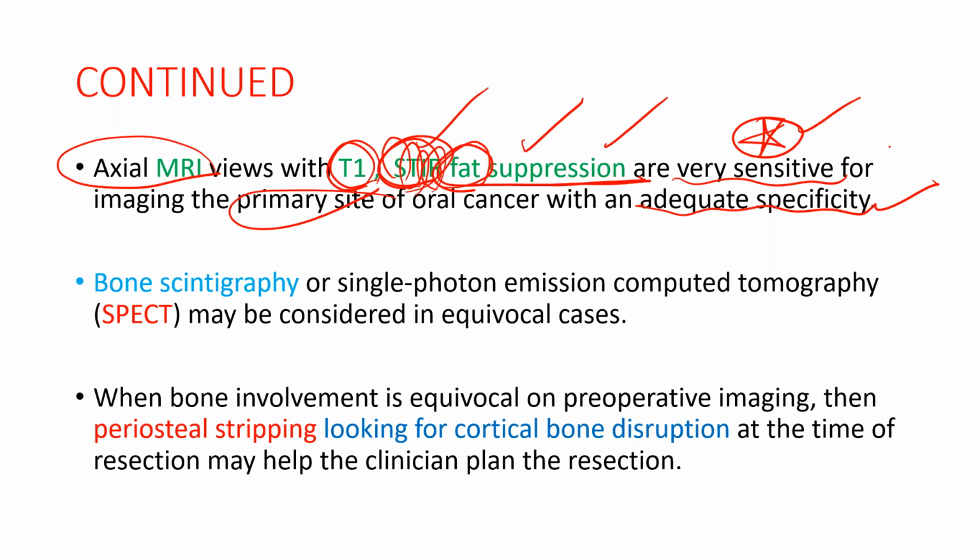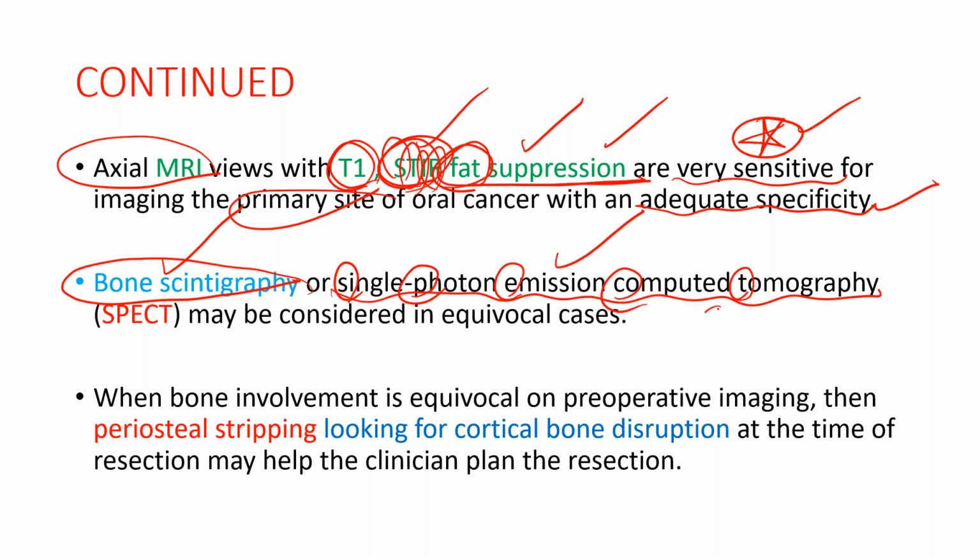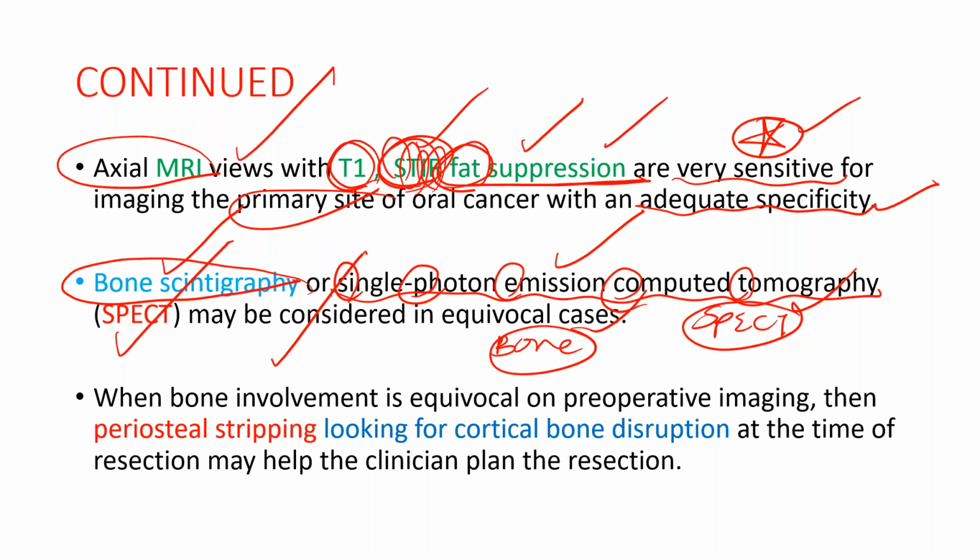What is the other way you can do? Bone scintigraphy is one more investigation, or single photon emission computerized tomography, called SPECT. It is also helpful for bone involvement. These are the investigations you do for bone. When bone involvement is equivocal, meaning it is doubtful whether it is involved or not,